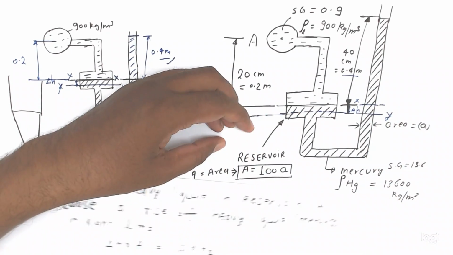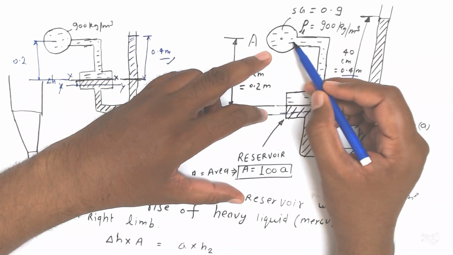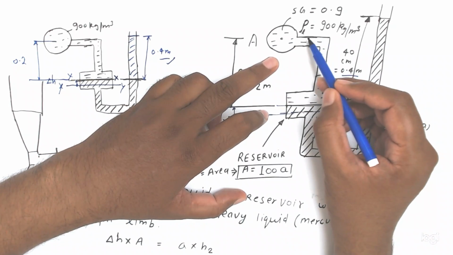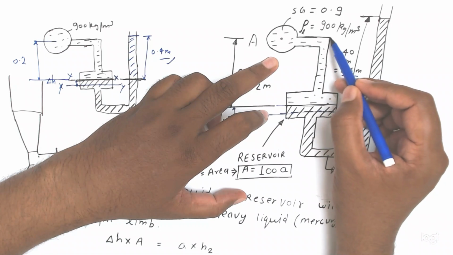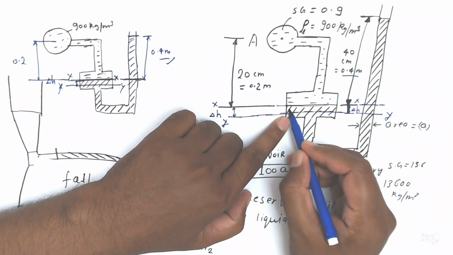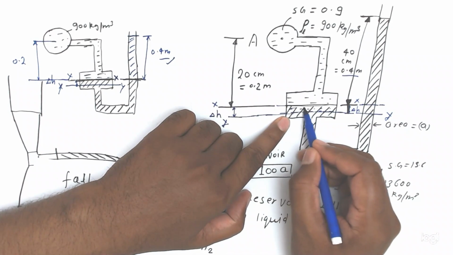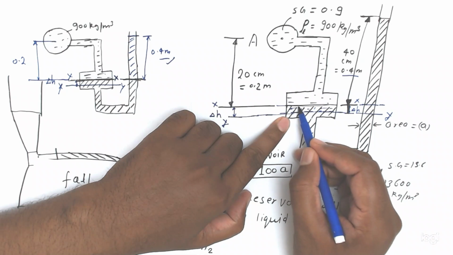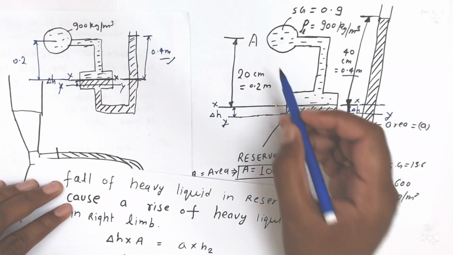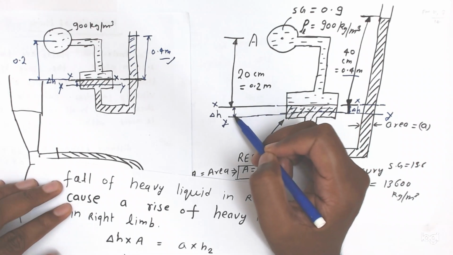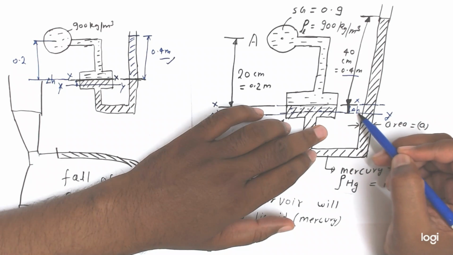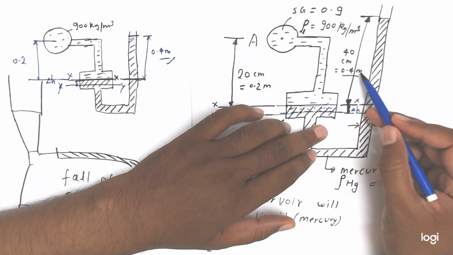So how much pressure will there be? The pressure in this pipe A is PA, so PA plus whatever density is there, rho GH up to this much, because this is also filled by liquid, because the level has fallen from this point to this point. Okay, now total height is equal to 0.2 meter plus delta H meter, and here total height is equal to delta H meter plus 0.4 meter.